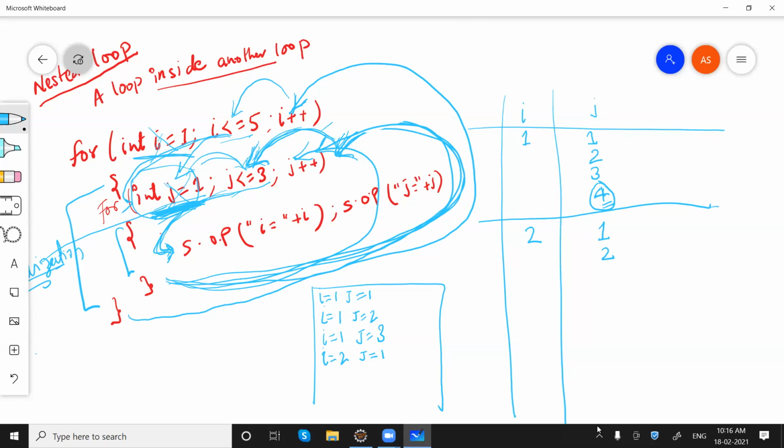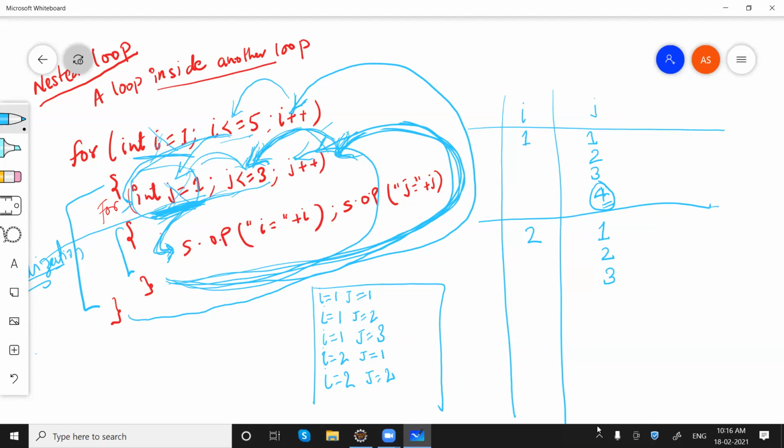Now check if j is less than or equal to 3. Yes, it is. Go inside and print the value of i and j. So i will be printed as 2 and j will be printed as 2. Following, guys? Okay, now go back again, do j++, it will become 3.